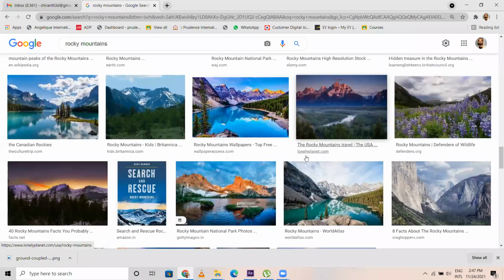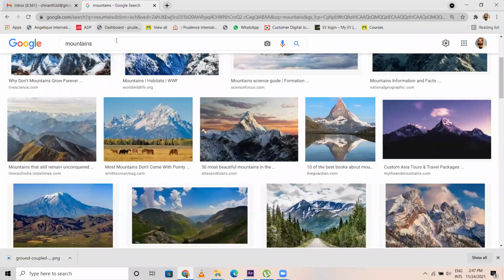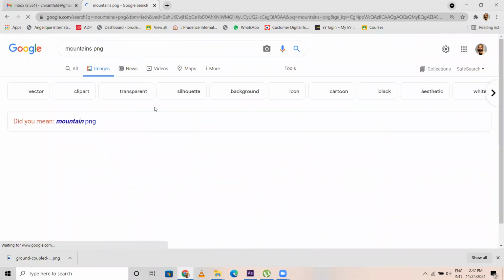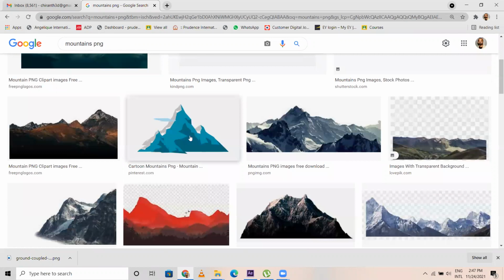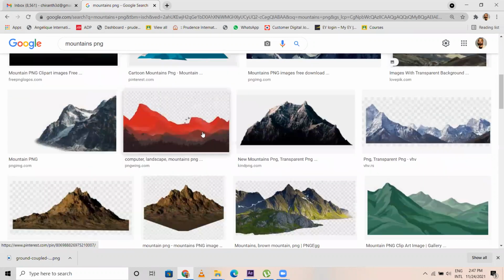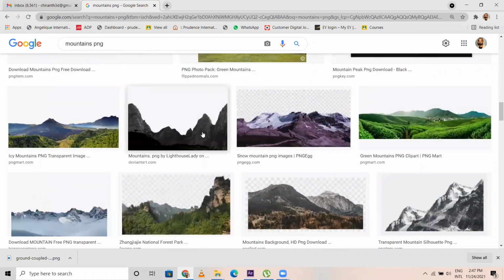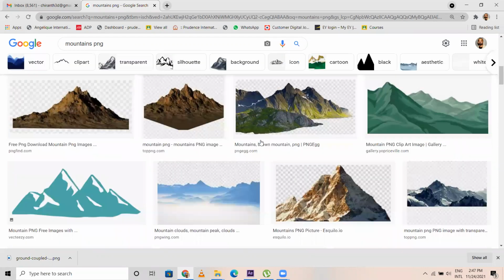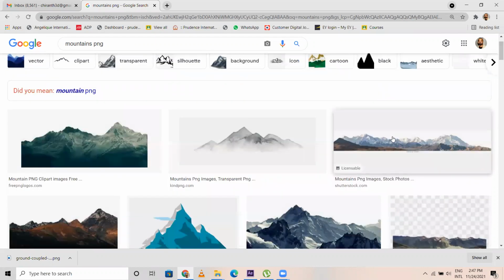So that's the reason I'm searching in front of you all. Just type mountains or mountains PNG. Okay, this is also good. I think I prefer this one, or yeah, this one.